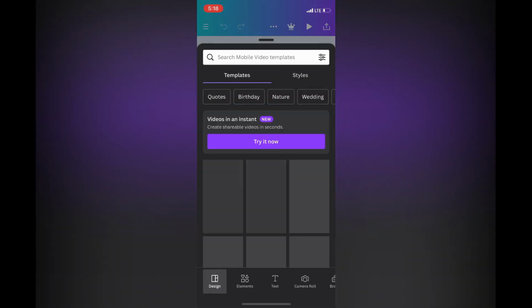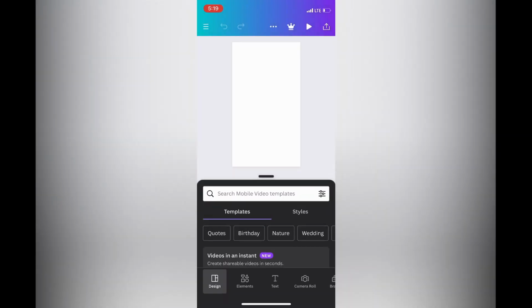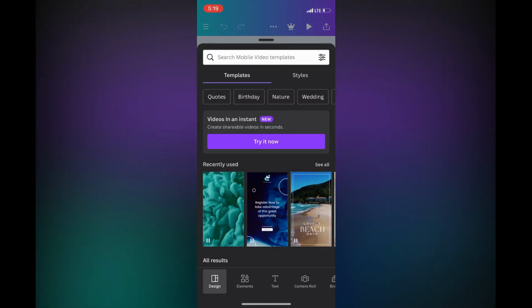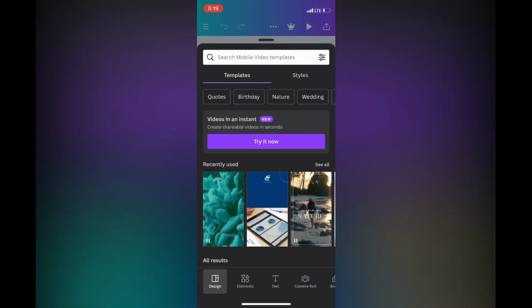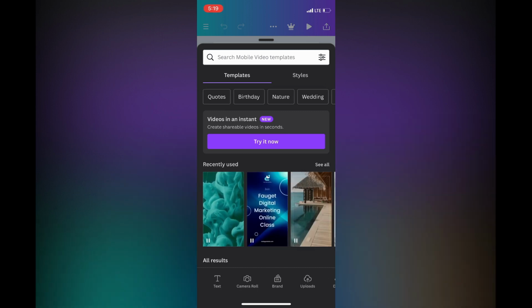After you have tapped on create blank, let's say you would like to upload something. All you'll need to do, if you do not see a pop-up like you see a while ago on my screen, all you'll need to do is tap on the plus in the bottom left hand corner. Then from there you're going to scroll across the bottom menu option, and from there you can either choose to